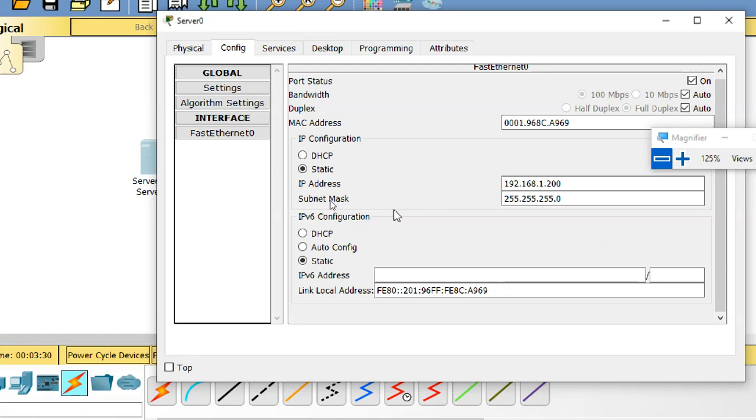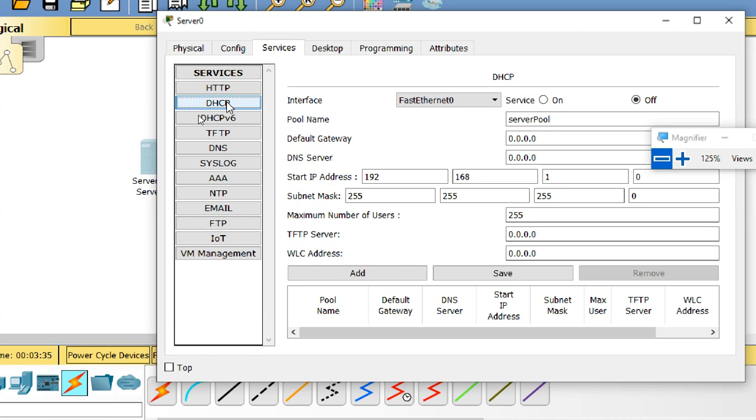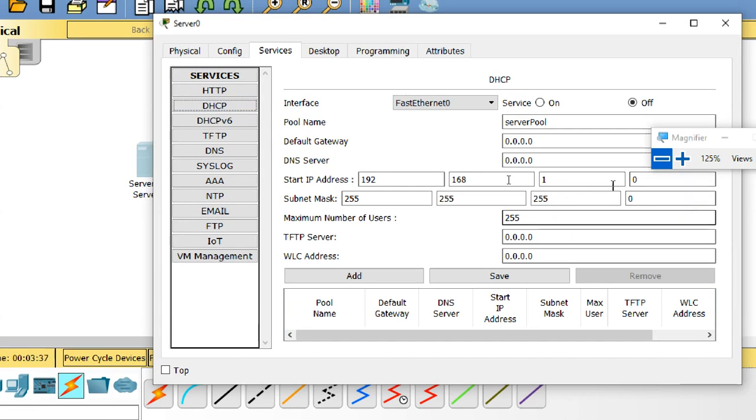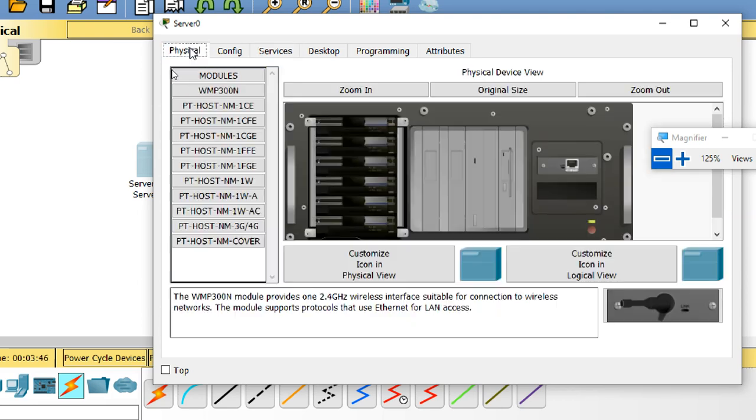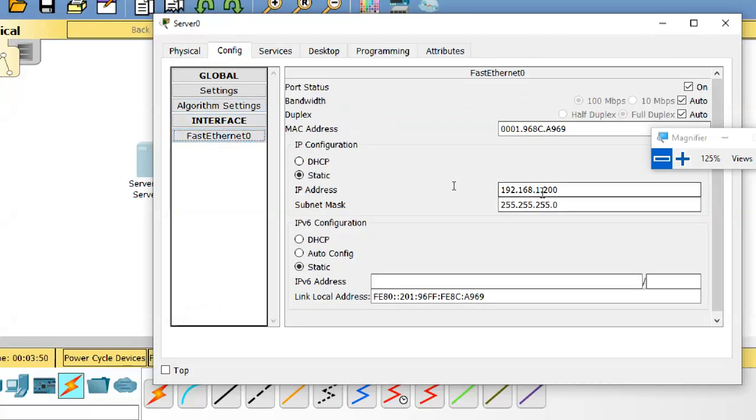So this should have an IP address, right? Next, services, DHCP service. See, automatically the start IP is in 1. Start IP is already 1. Why? Because here I gave 1.200, so these three parts are the same.